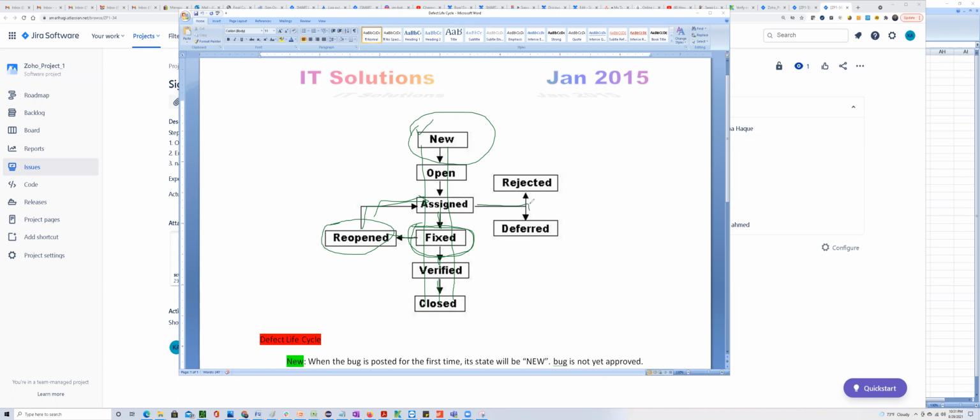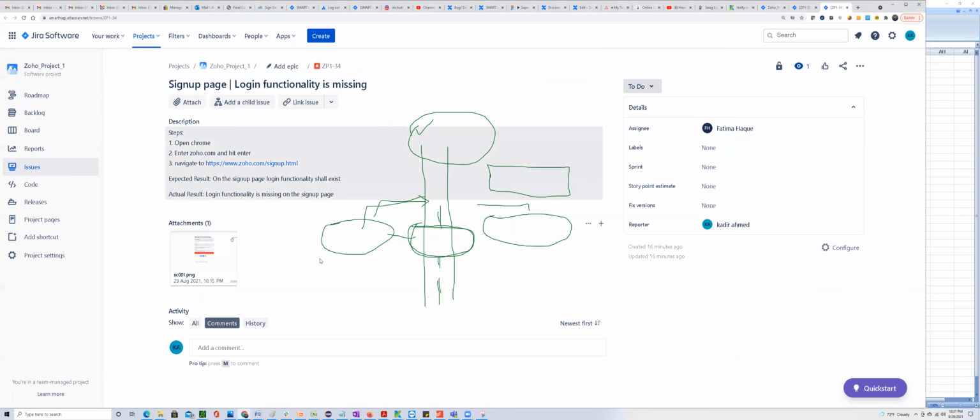So deferred, there is a status called deferred. In deferred status, let's say a bug that you... no, let's talk about rejection first, so then you will understand deferred better. So rejected status, like when you log a bug and developers think it's not a valid bug, so he's going to reject it and send it back to you and say, hey, if you look at this Jira right here,